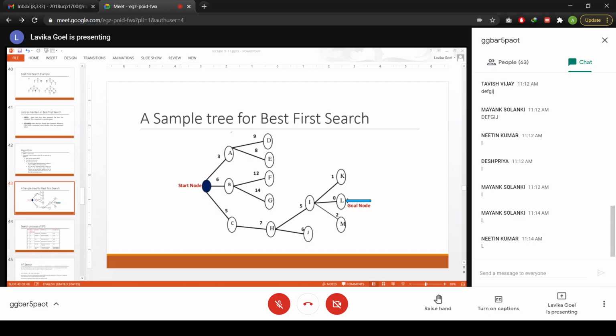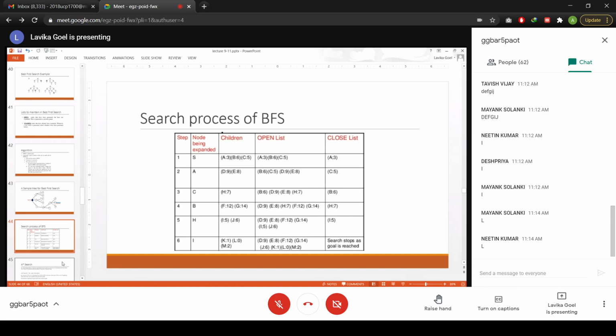Fine. So that is why we also incorporate an additional cost function, and that cost function is the cost of getting from the initial state to that current node. So that is an additional component in the cost function, with which we implement the best first search in the form of the A star algorithm. So that cost function we are explicitly defining in the A star algorithm. Right? So this is, you can say, a more practical version of best first search, the A star algorithm. So this is the best first search which I have explained.